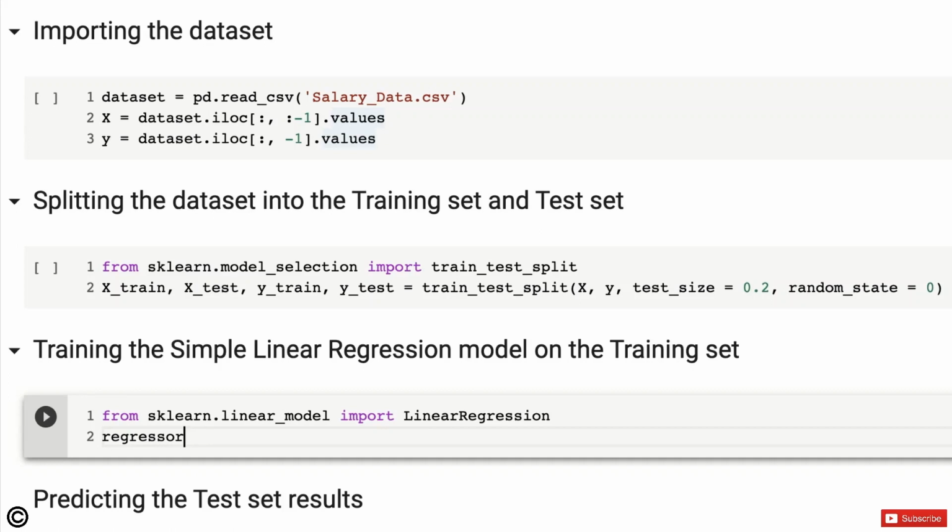I remind you of the big difference between regression and classification. Regression is when you have to predict a continuous real value, like a salary, as we're about to do. And classification is when you have to predict a category or a class, which we will do in part 3, classification. All right? So regressor, that's a new variable, which at the same time will become the object of the